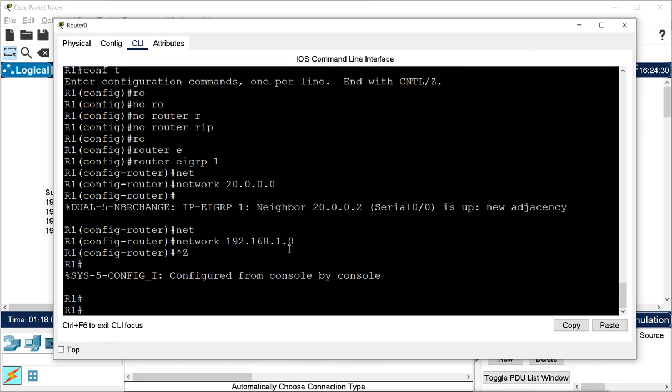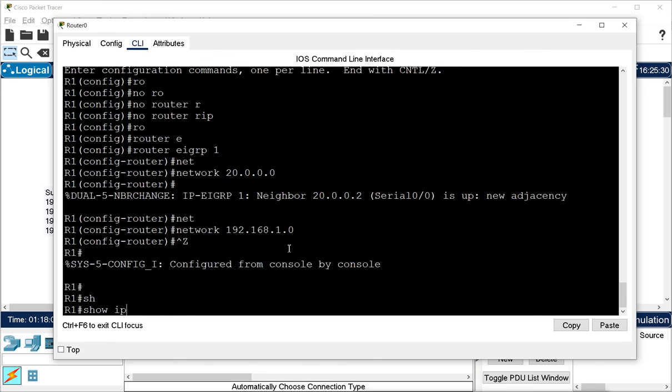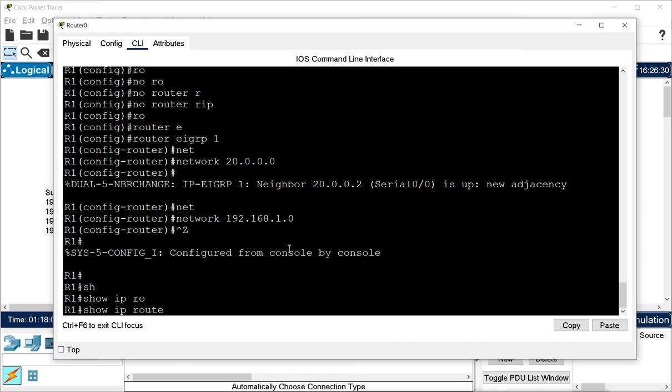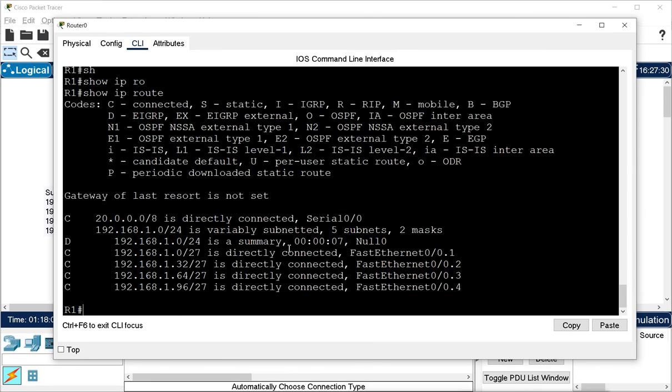Now let's see the routing table here on router 1. Now what it is showing here again is this summary address, and it is saying that it is a summary address.